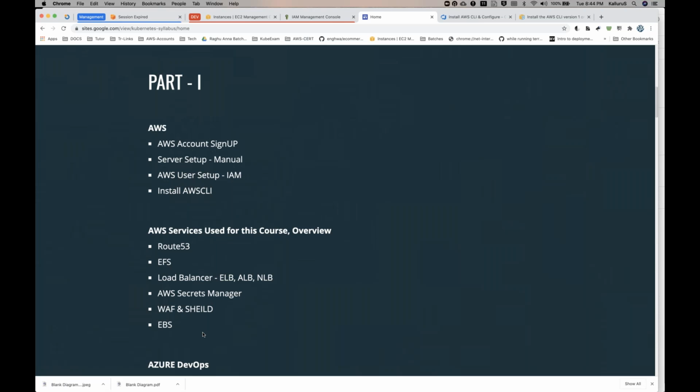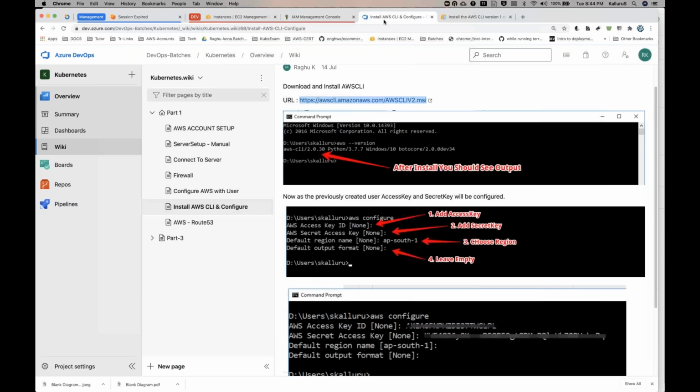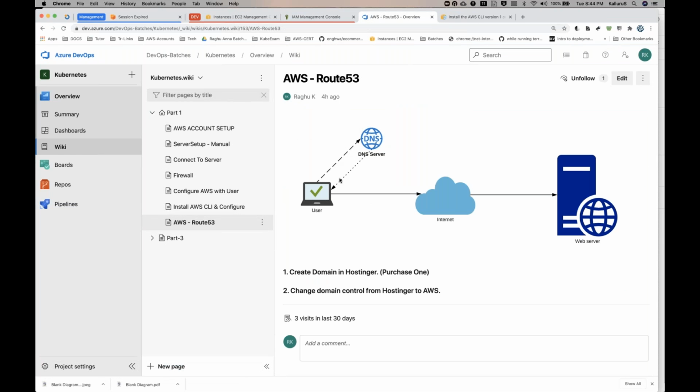And so let's go with, okay, starting with Route 53. So Route 53 is generally a domain DNS service. Okay, you know that every time you open google.com or something, your local system just goes to the DNS server. So the DNS server is configured in your local system. Every time you get an IP address,